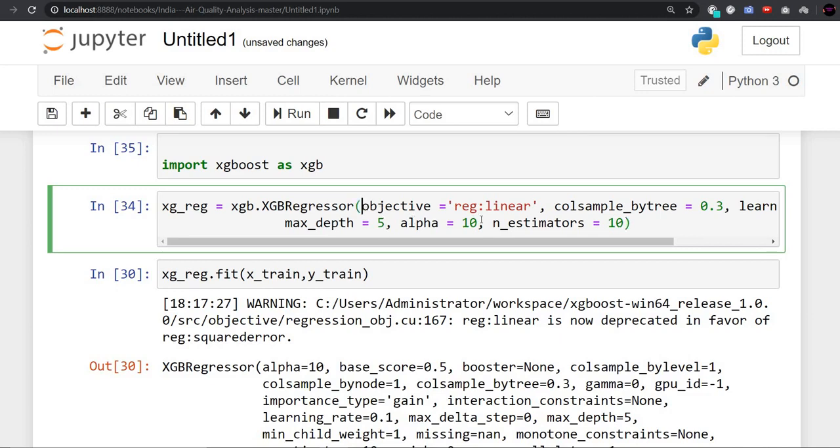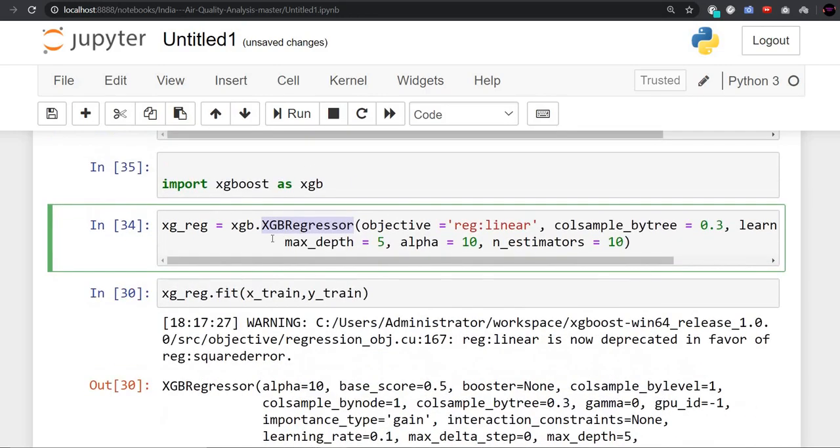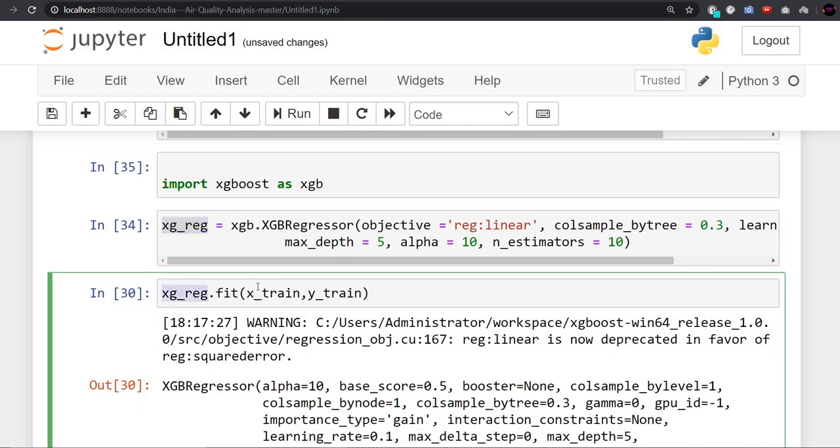If you do not give the parameter, that is fine, it will not affect our output. But we are making the object, that is xg_reg, and this is the class, and using this xgb we are making our model. So our class has been done. We have made the class and we have made the object. Using this variable, the object of this class, we will fit our model, and under the parameter of fit we will train our data set first of all. So we will use x_train and y_train.